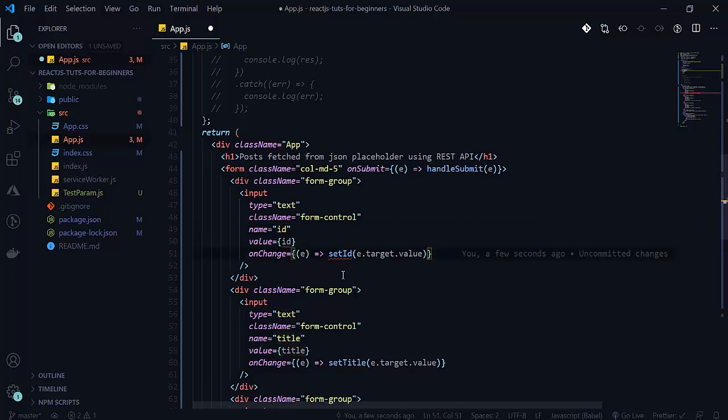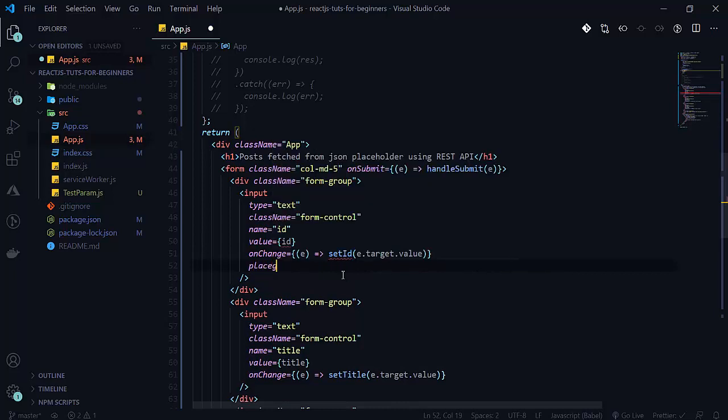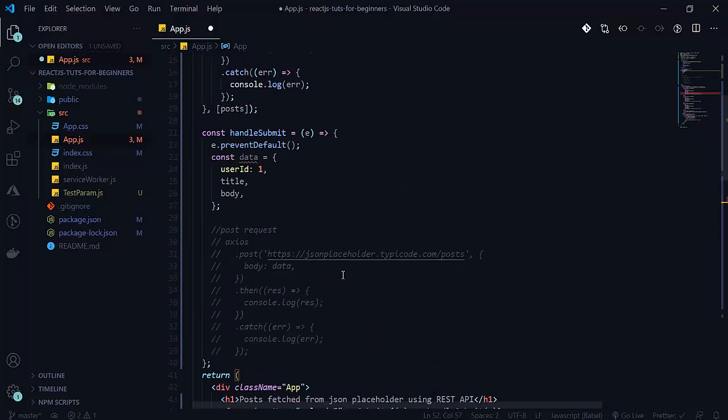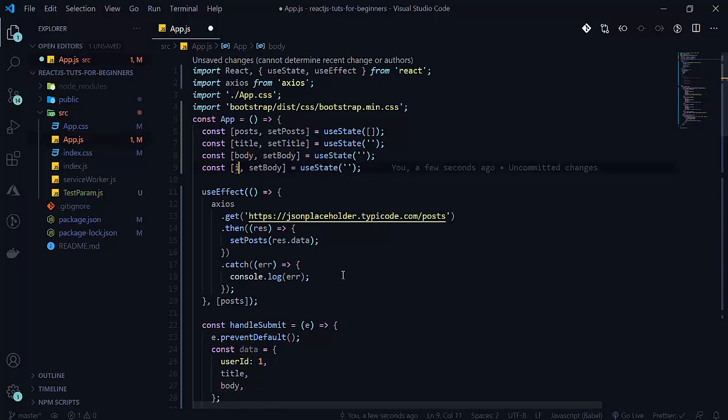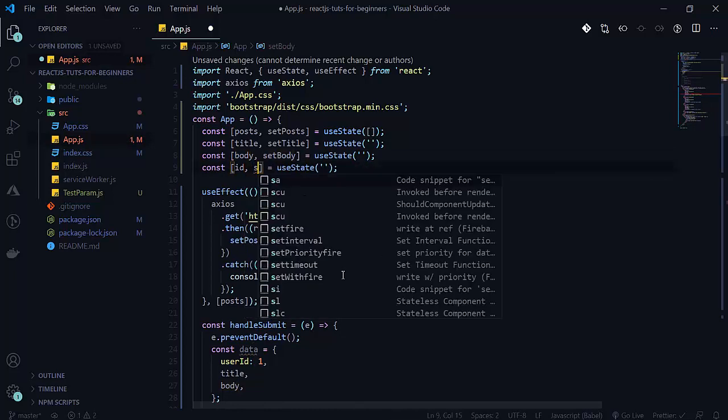The placeholder will be: post ID that you want to update. Let's create this first. Here will be our ID and then set ID.